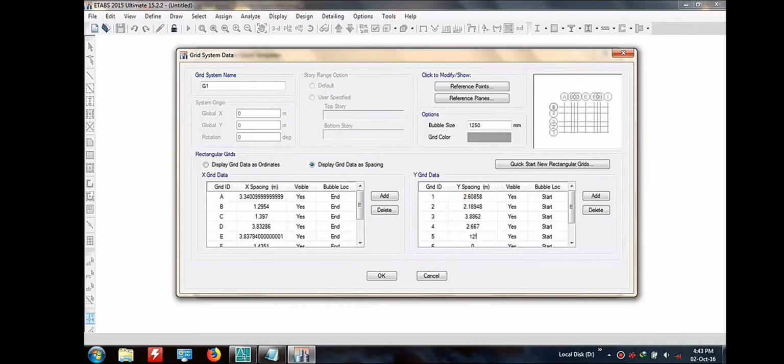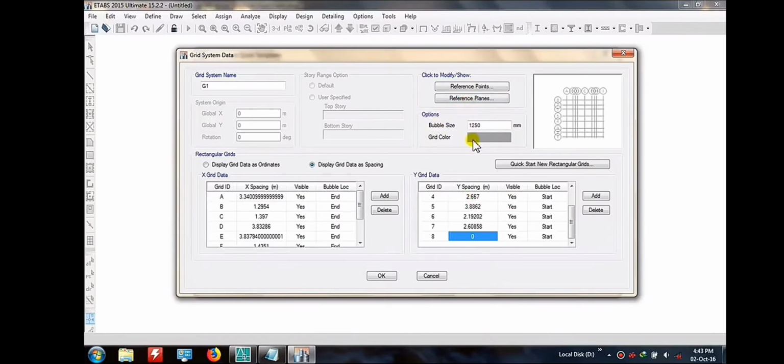As I am writing my data, the number of grids is also increasing. So here I am completing all the values required for my grid system.